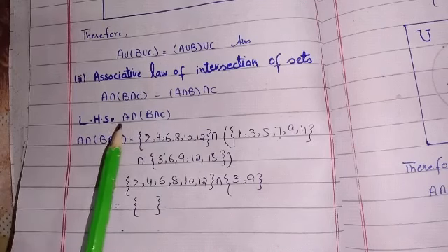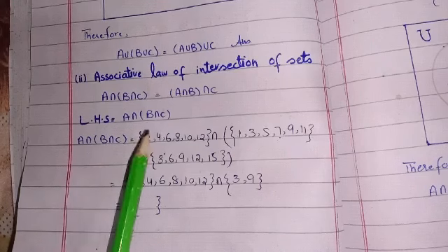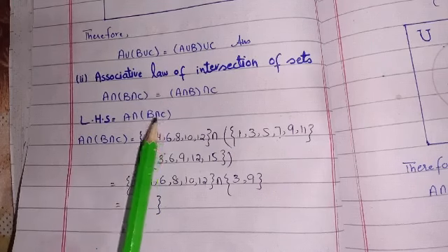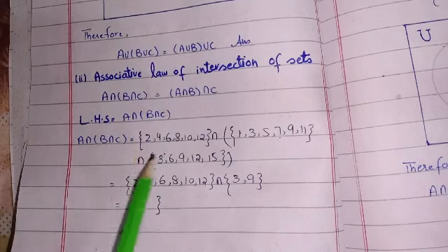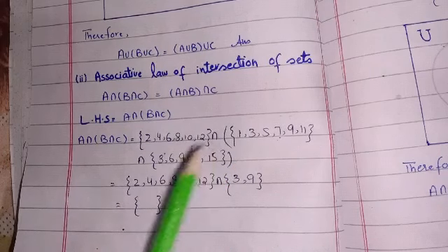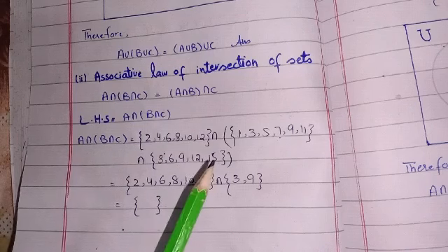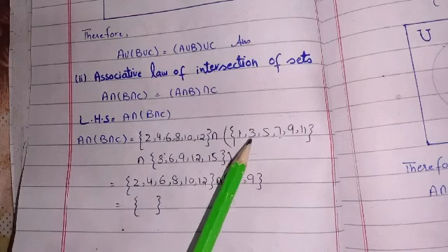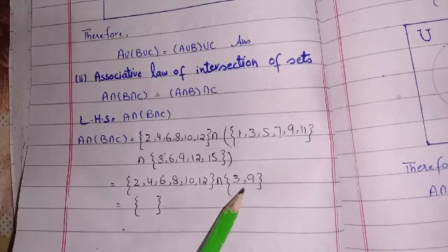Here is our left hand side, which is equal to A intersection (B intersection C). First we will take the intersection of B and C, then we will take the intersection of A and the resultant set. We will write here our A set, then intersection, then within brackets we will write B set and C set. As you know, students, in intersection we will write only common elements which are in both sets. In both sets we have only 2 common elements, which are 3 and 9. So we will write A set as it is, and intersection and 3 and 9, which is the resultant set